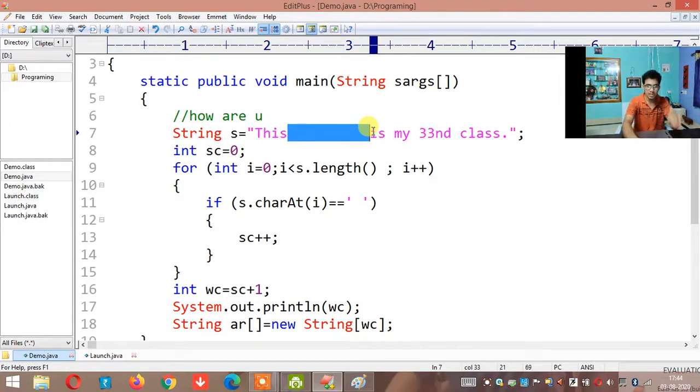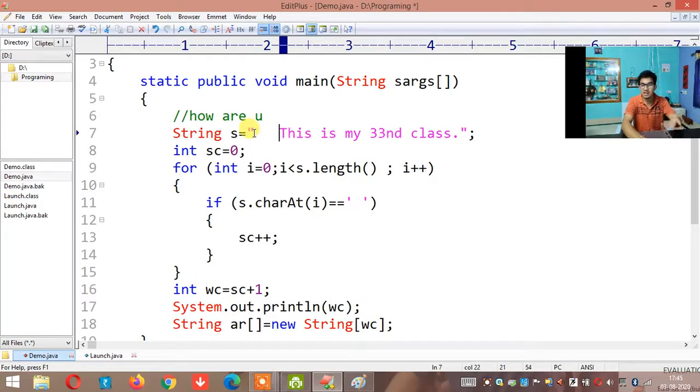In this program we are assuming that between each word there is exactly one space, and we are also assuming that there are no spaces at the beginning and end of the string. But if you know that there are spaces at the beginning and end of a string, use the trim method to remove the trailing and leading spaces. To remove the in-between spaces, use the replaceAll method. I have already taught you. So here we are assuming that it is in proper order.